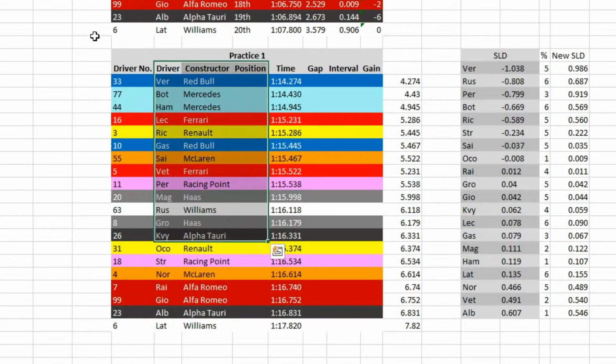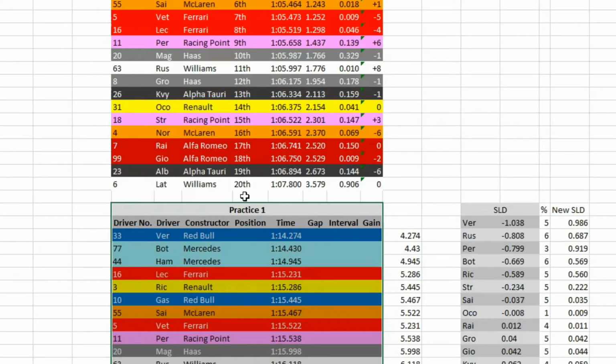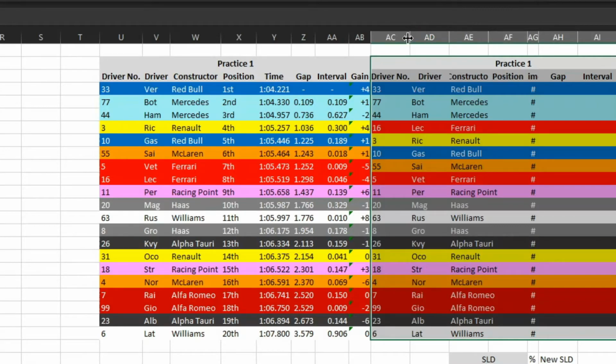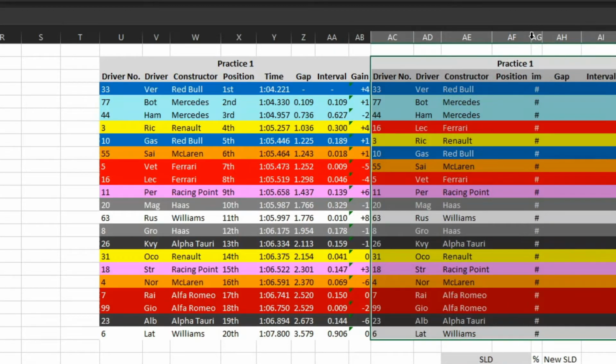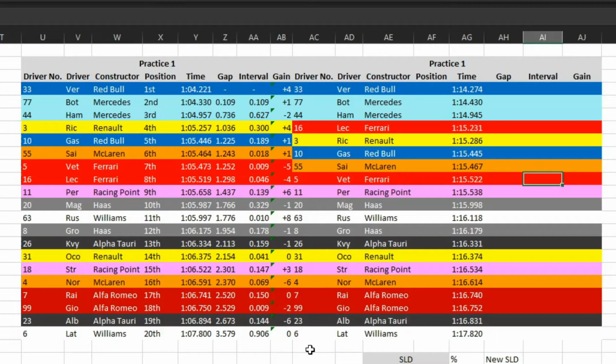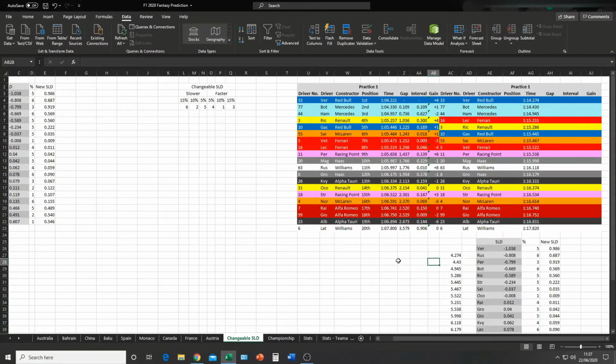it hasn't changed at all, has it? So if I just copy this, oh, what? Is that looking ugly? Come on, do it good. There we go. Okay, so if we're just comparing colours, the only real change comes there. That's it. Oh, that didn't work as much as I was hoping. I mean, I can still do it because it has changed. Like Leclerc has gone faster, Ricciardo's gone a bit slower, Gasly has dropped, Sainz has dropped, and Vettel has dropped. But